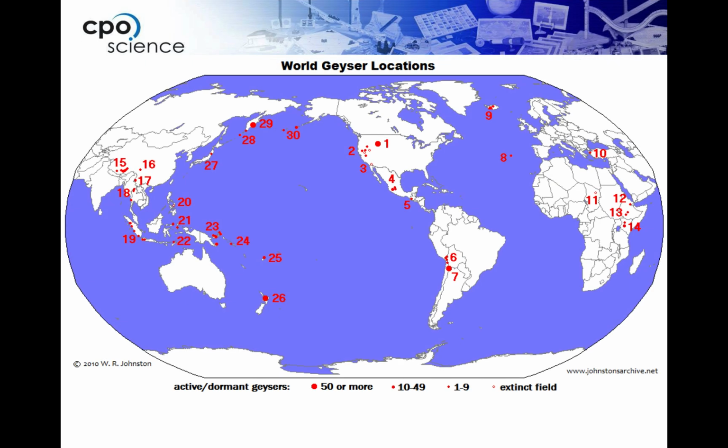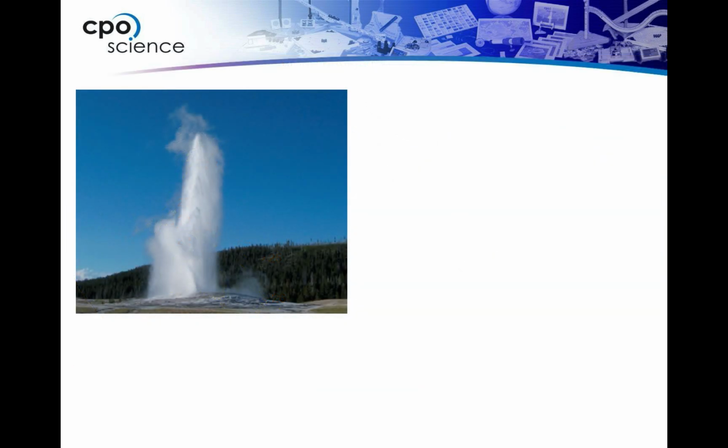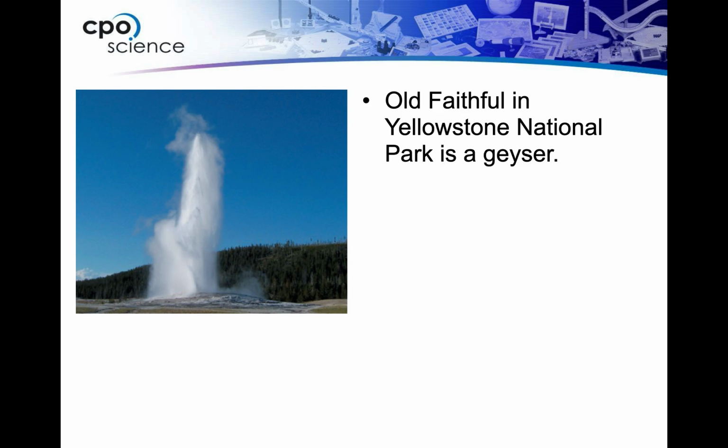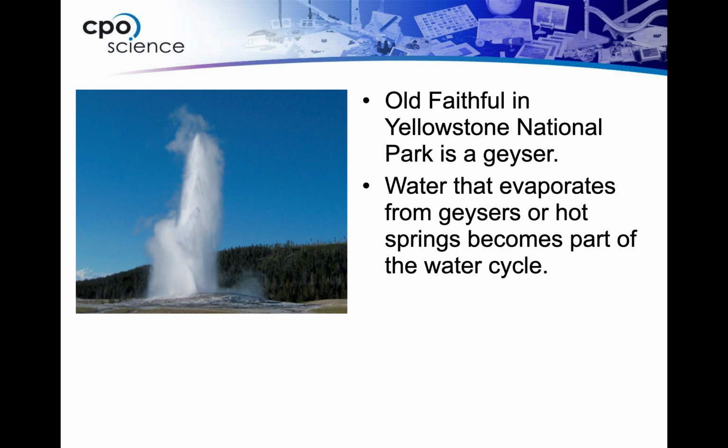So here are some pictures showing us some very famous world geyser locations. And one thing that we'll notice here is a lot of them are along plate boundaries. If you look at the Pacific plate there are a lot of them, which makes sense because if you're in an area where you have more magma activity or you're close to a plate boundary, you're going to have more exposure to that hot material. So there is Old Faithful in Yellowstone National Park. Some of you may have seen it before, but a really cool feature.